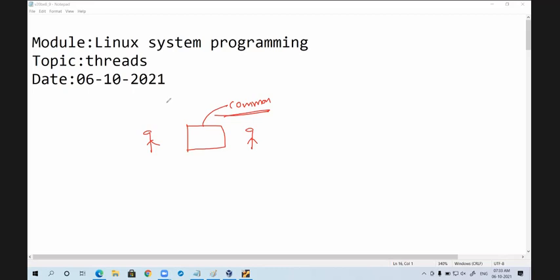A semaphore is a mechanism used to communicate between two processes, not for exchanging data. For what purpose? For synchronization purpose. Will you agree? Yesterday, we also tried to understand one more concept, called a deadlock situation.